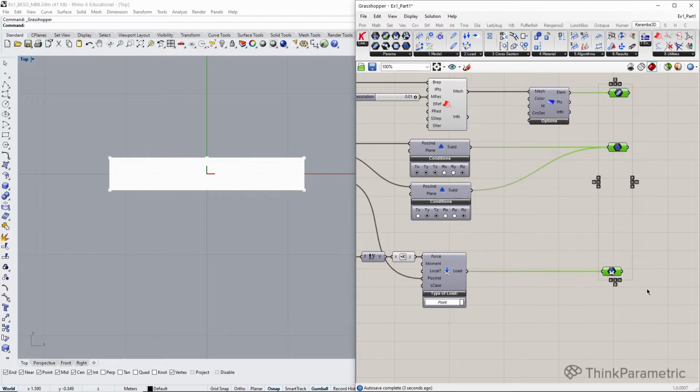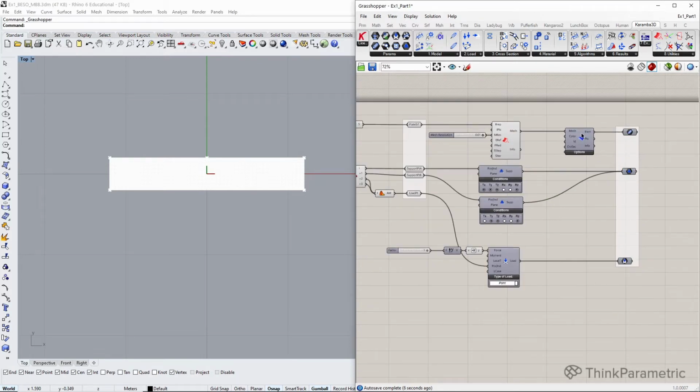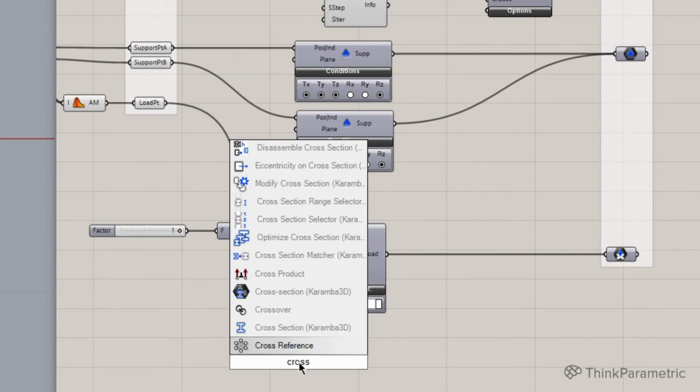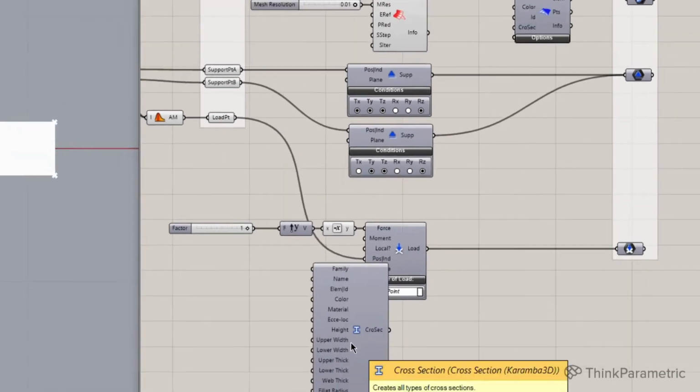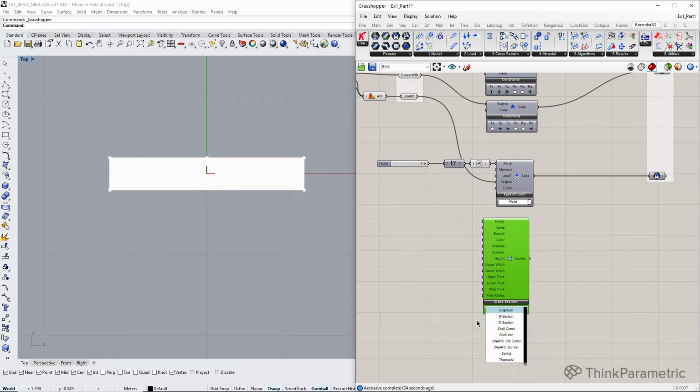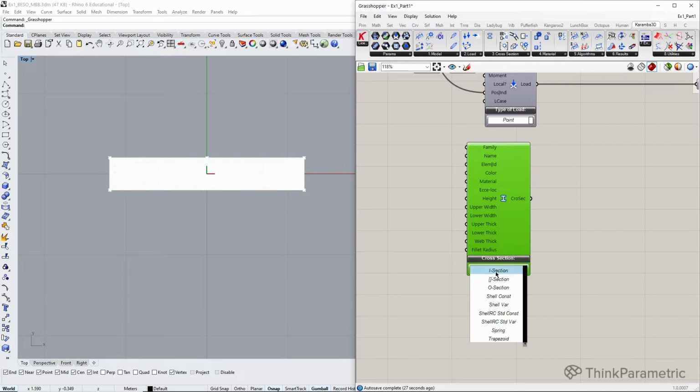I will start making a group out of this, these are all Karamba elements that will go to assembly. But this is not the end. We need to specify two more things. Firstly, cross section. And again, this is a huge component where we could specify any cross-section we want. Choosing from the drop-down menu, we should use shell constant.